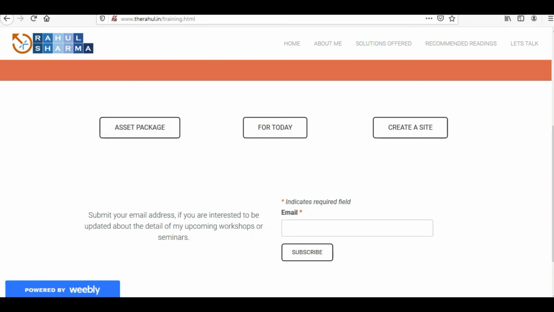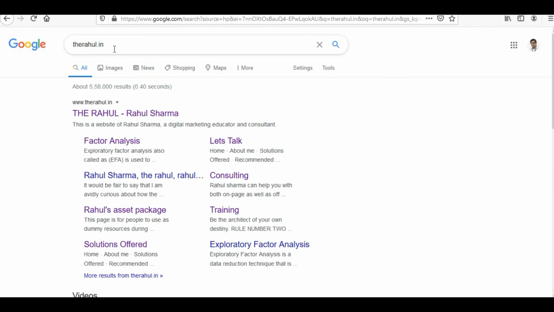But if you see my sitemap on Google search, if somebody simply writes the rahul.in, Rahul's asset package, by default this web page is listed over here. A person just needs to click on it and they reach this particular page where they can download the material or content. In this way, a person has saved 3 clicks.